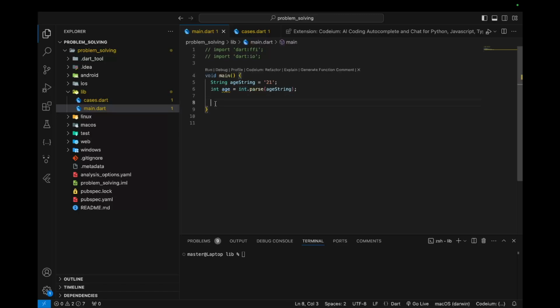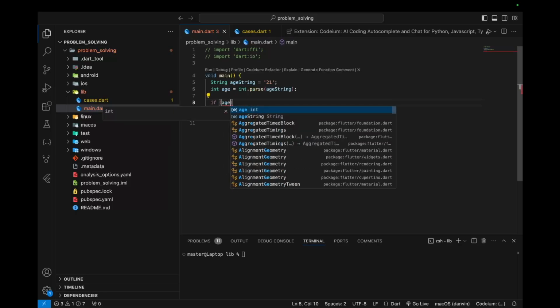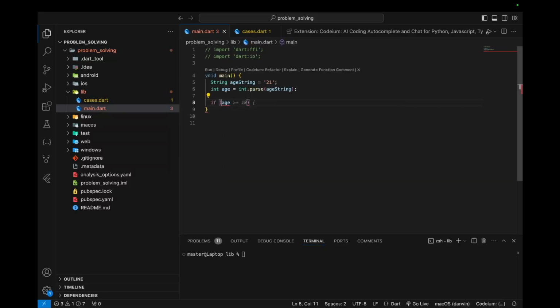So we want, if the user is under 18, he cannot register, but if the user is above 18, he could register. So we can write a condition, if age is